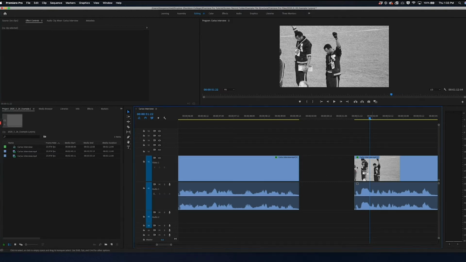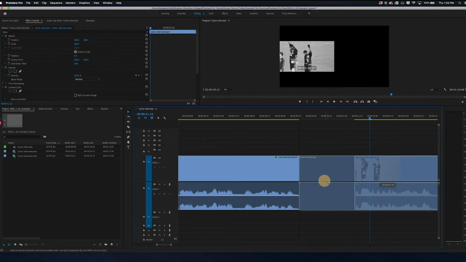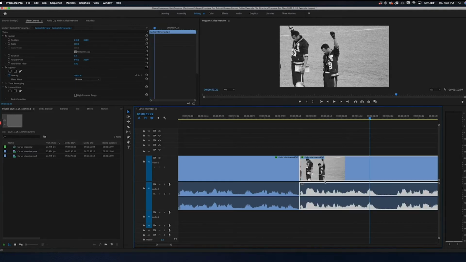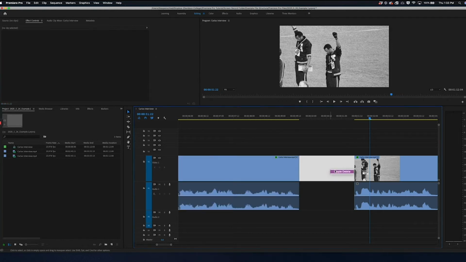Now I want to join these pieces together. So there's a few different ways that I can go about doing this. Since these are linked, I could grab one, drag it over, and it'll snap to these two, which are linked. Control Z. I could also right click in this area in between and click on Ripple Delete, and it will